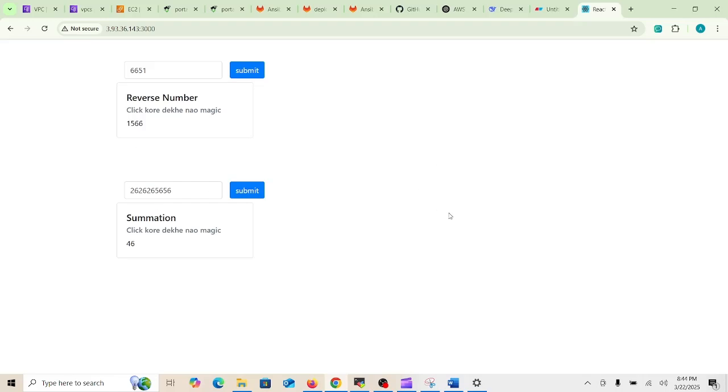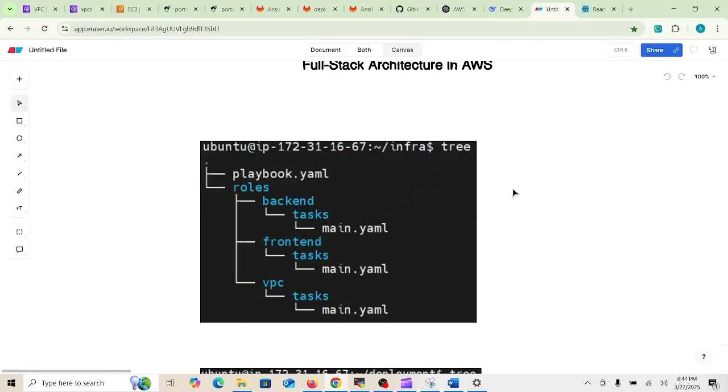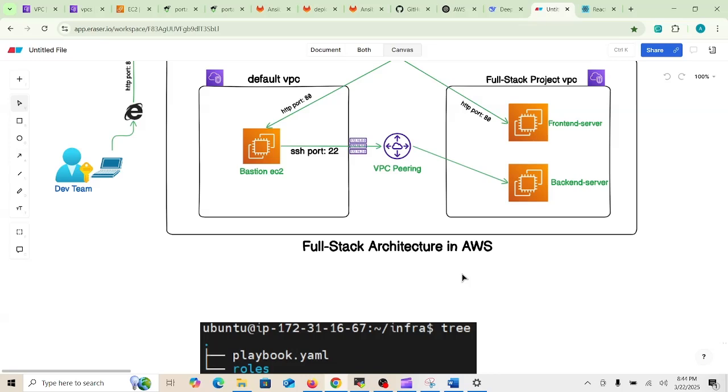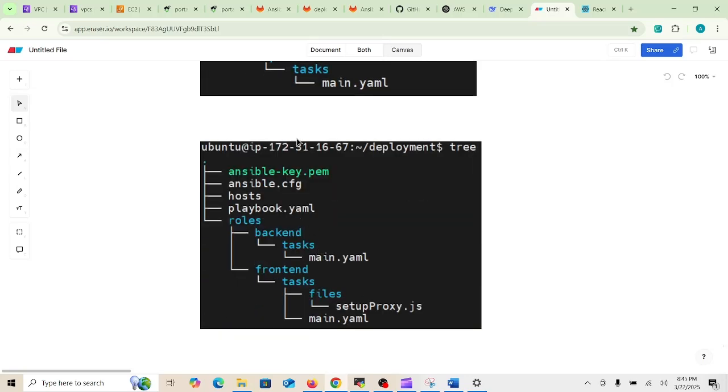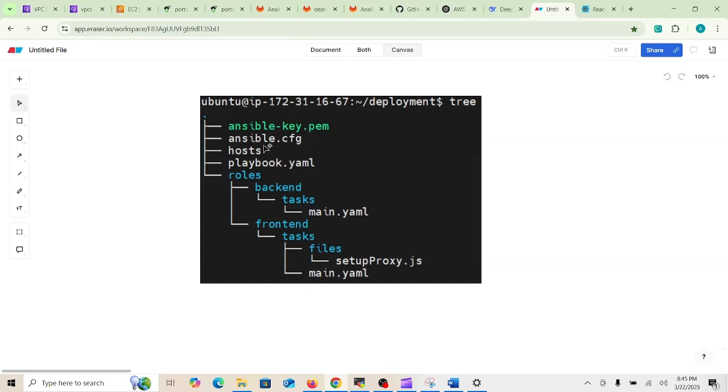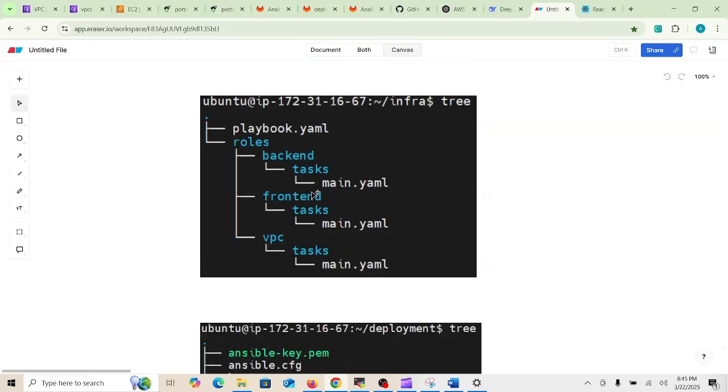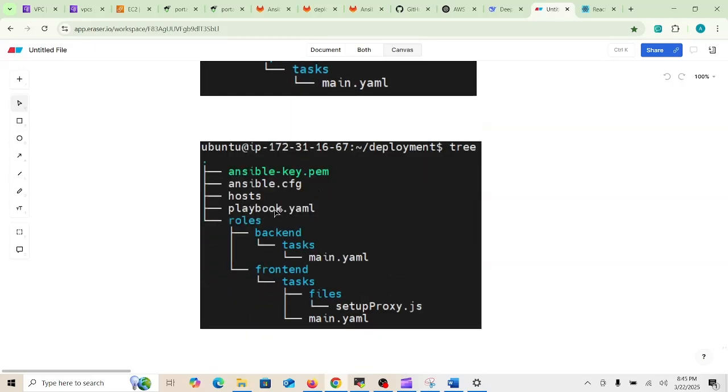Yes guys, so this is the thing with Ansible, and finally we could deploy the full stack architecture in AWS. And this is the diagram. First we created the infra, that means just the front end and back end EC2 instances we created with a VPC. Then based on those front end and back end, we took the GitHub repo to deploy, with the deployment file, the front end and back end. So here again are roles. Here is one role and here is another role, and both have the